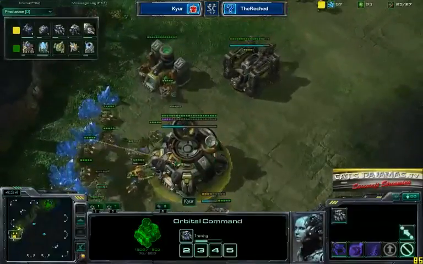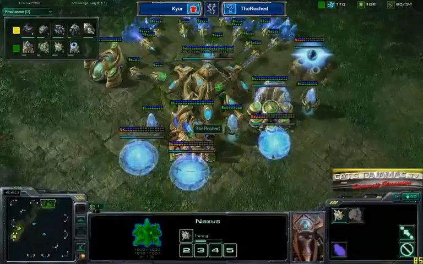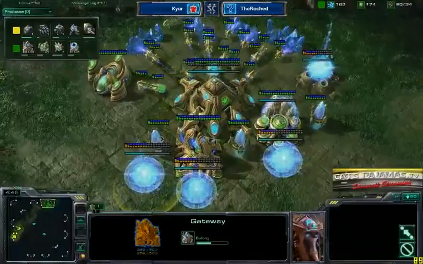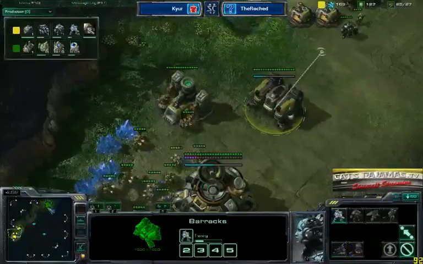And Kyur's putting up another supply depot as well. So both players not being very aggressive. Here, finally, Wretched didn't want to reveal that he's putting down a 4 gate. That's why he's saving up so many minerals. We really should have gotten down a pylon, by the fact that Kyur...